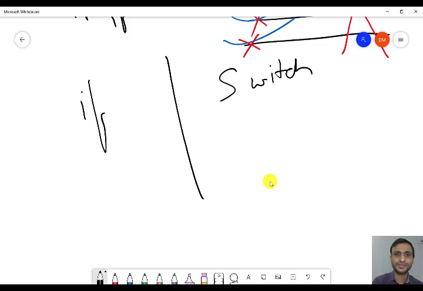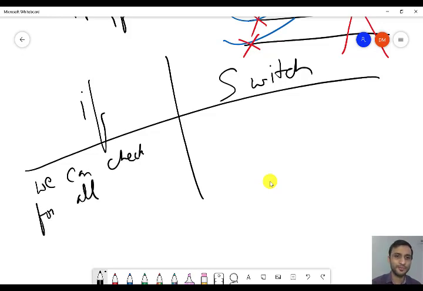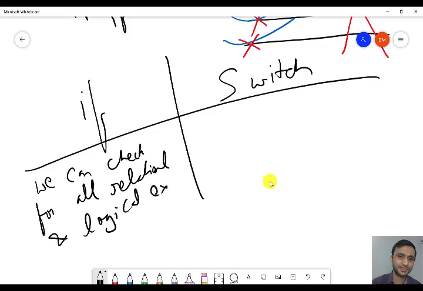Similarly, we can compare if and switch. First thing is, in if, we can check for all relational and logical expressions in your test expression.